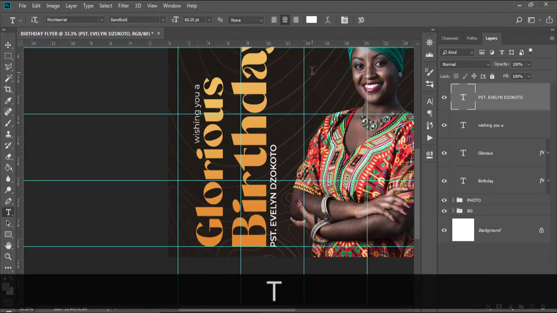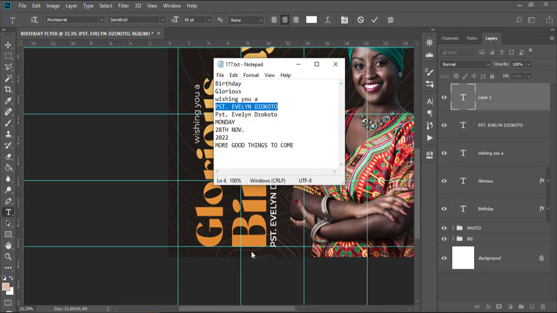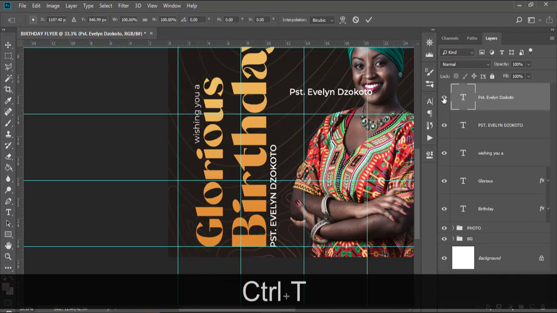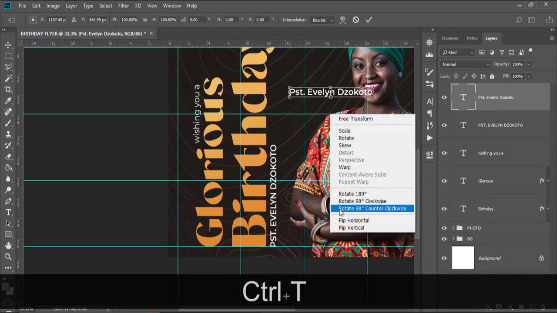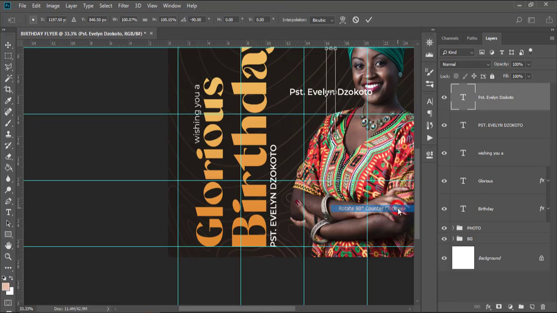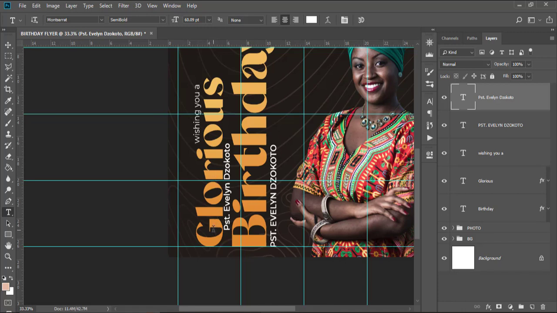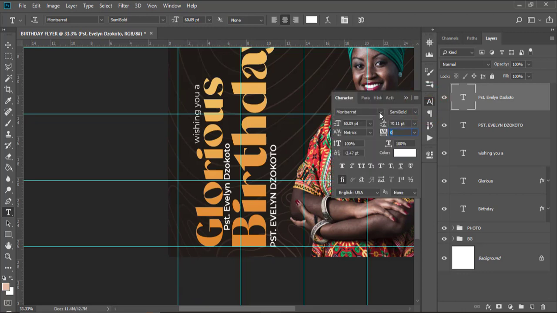Now I also want to click somewhere here and then come and pick this and then paste it there. Now Control T, right click it as usual, counterclockwise, and then drag it somewhere here. We want to change the font. Okay, so because we are using 3 fonts now, we are using this display font, I believe. This is sans serif font, I believe, and then this one can choose a brush font or calligraphy or script,